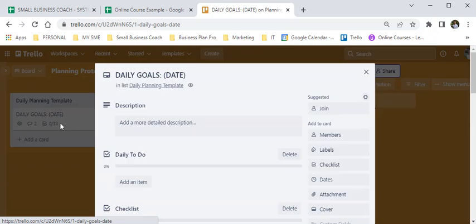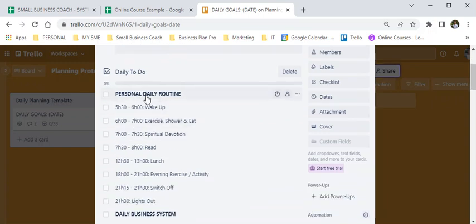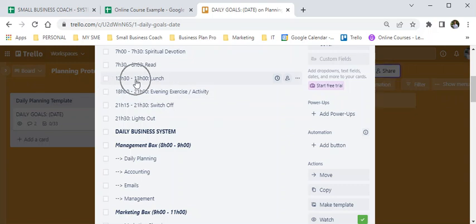And now the example for your daily goal is again taking the weekly goal in the previous card, dividing it into daily goals. So you can just see how I'm dividing the elephant from a year to months and then days. Right, so in the days you get your routine. So let's say you wake up, you exercise a bit, take a shower, a spiritual devotion, you read something, a bit of newspaper articles to see what the markets are doing, you take your lunch, maybe some evening exercise, you